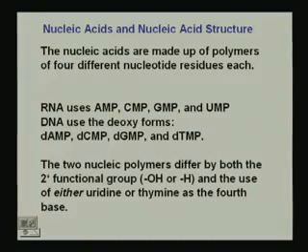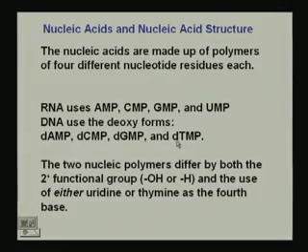So, an understanding of the basic level, the base level, is important. In RNA, we now know that the RNA and the DNA have different sugars that are formed. We have the use of AMP, CMP, GMP and UMP. In DNA, we use the deoxy forms of AMP, CMP, GMP and TMP, where the small d refers to the